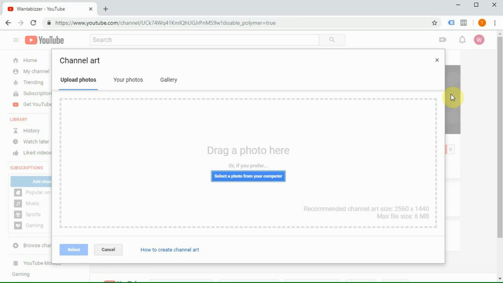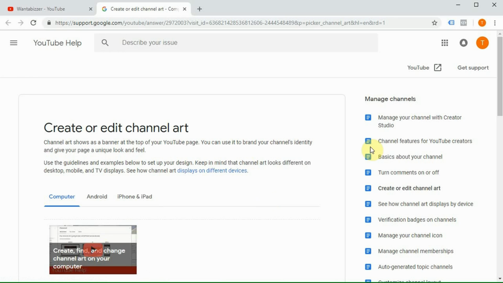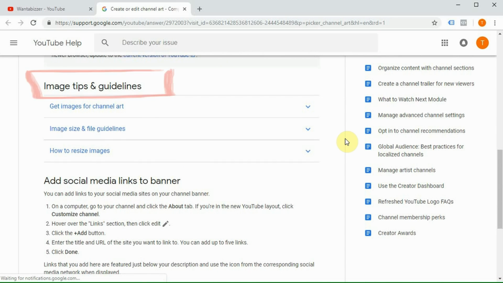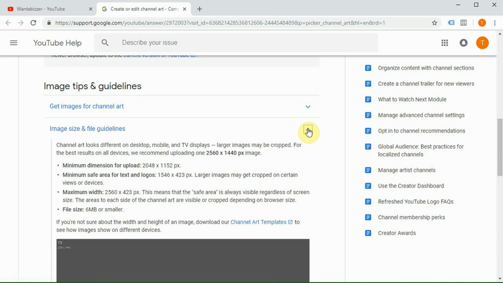Now a pop-up window will appear and you'll need to click on the link at the bottom of that pop-up window. This will open an additional tab in your browser with a support page. Now scroll down to the section called Image Tips and Guidelines, and click on the section called Image Size and File Guidelines. And here you'll find all the information you need to create the perfect channel art, including a channel art template